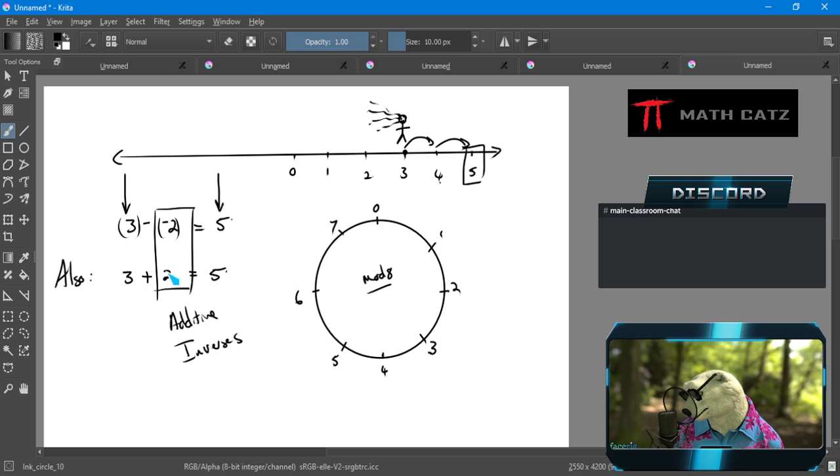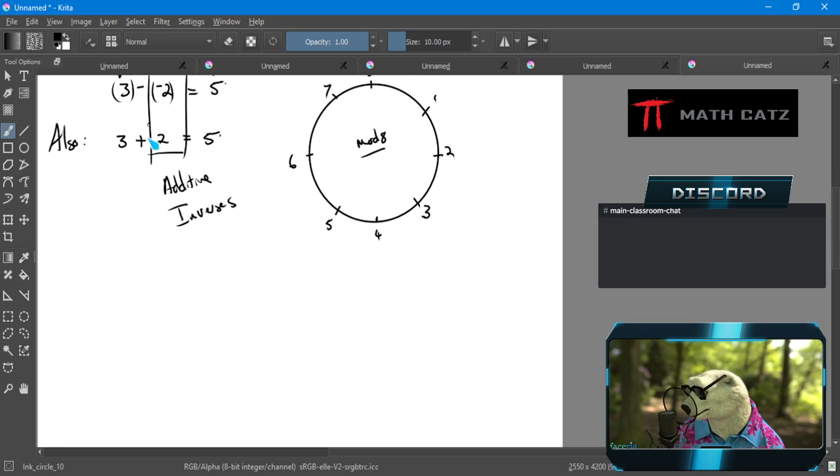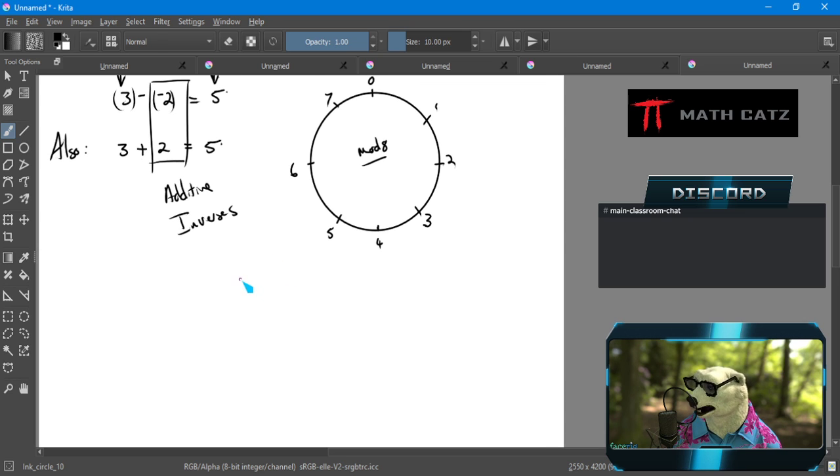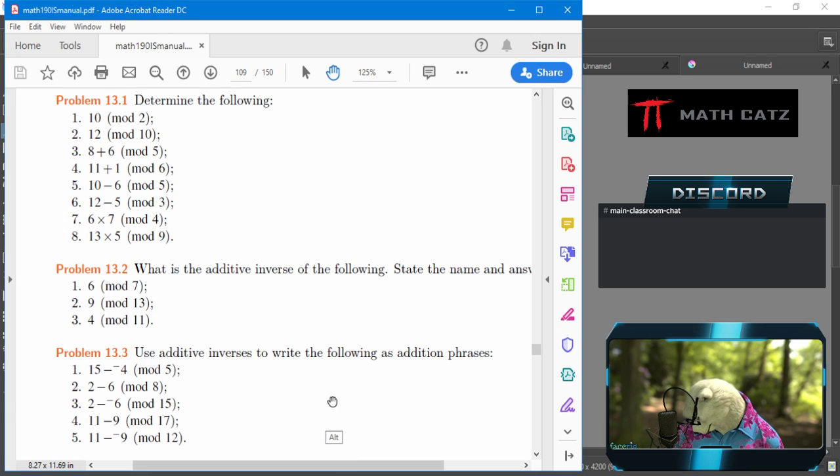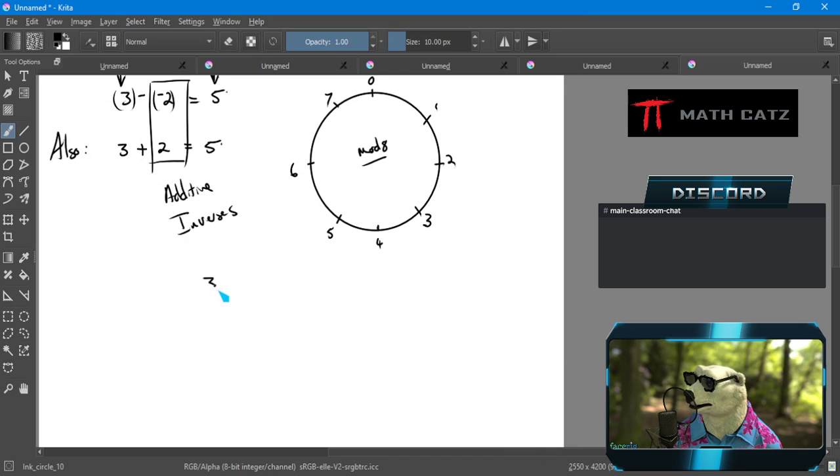Now, subtracting with negative integers and all kinds of stuff like that could be a little bit more confusing, because those numbers aren't visible positions on the circle anymore like they are on the number line. So if we now say something like 3 minus -2, I put brackets around it to emphasize what the name of the number is. This makes a little less sense.